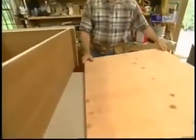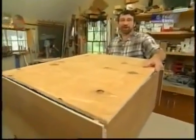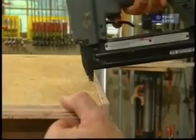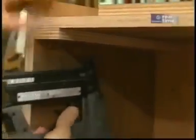The back of the wall cabinet is a piece of 3/4-inch fir plywood, but you won't see any of that because it'll be covered with our mirror. I'm using glue and 1.5-inch brads to secure it to the carcass. Now I've got this 2-inch wide cleat of plywood, and it's really just a spacer. I'll secure it with a couple brads,